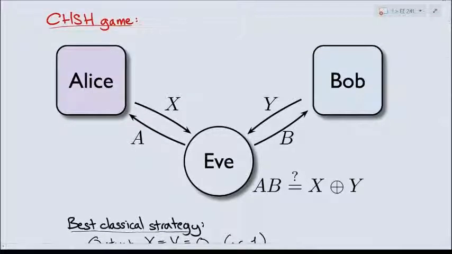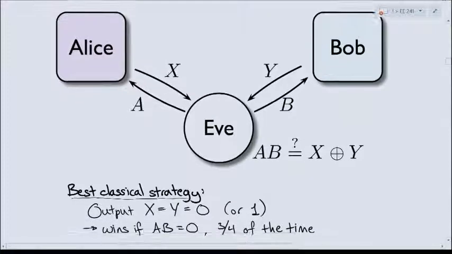So here I have two devices that I'm calling Alice and Bob, and then Eve is me, Ben, whatever. The game works like this. We choose random bits A and B. We send A to Alice, B to Bob, and we get back X and Y. And the question is: is the XOR of the two responses equal to the product A times B?